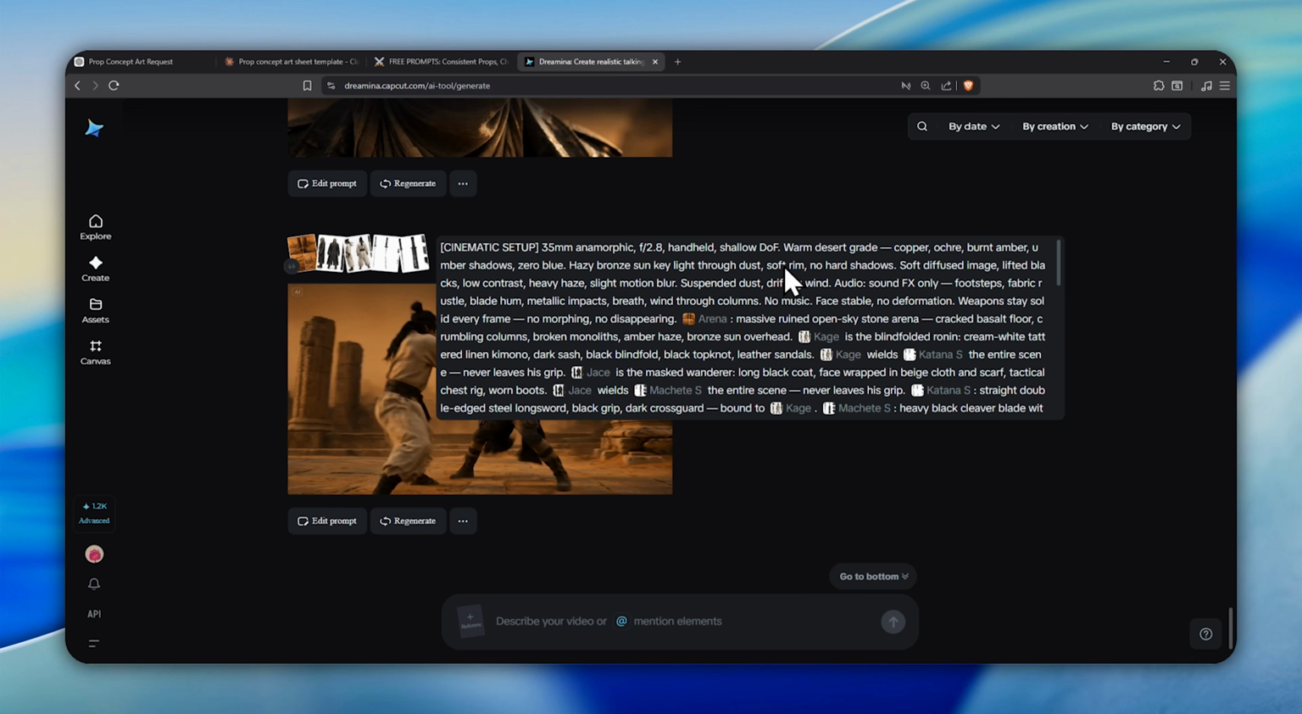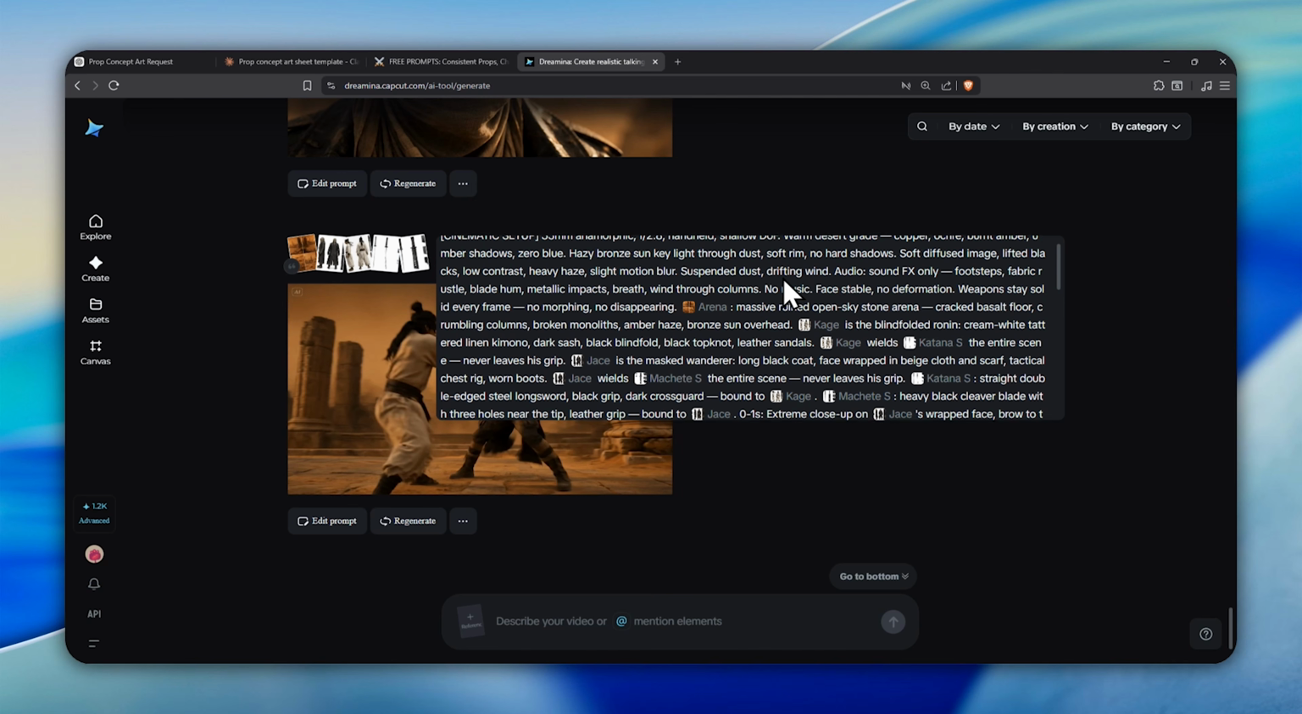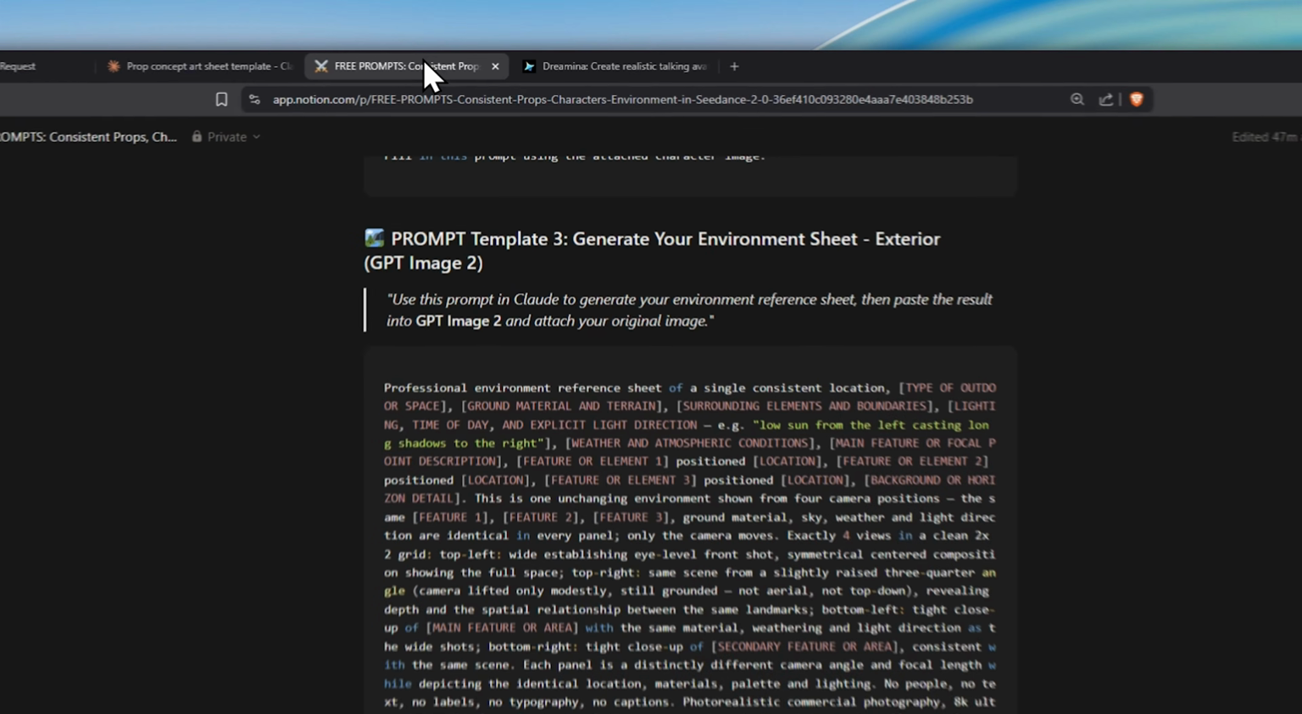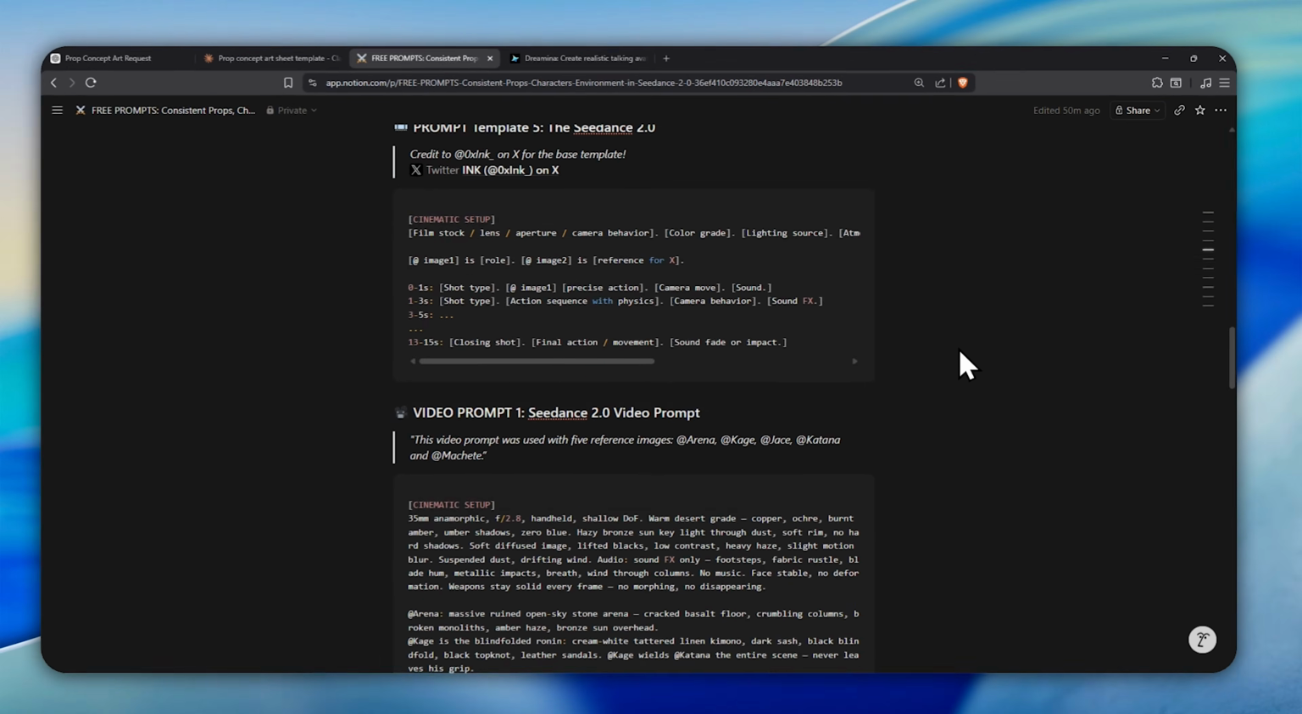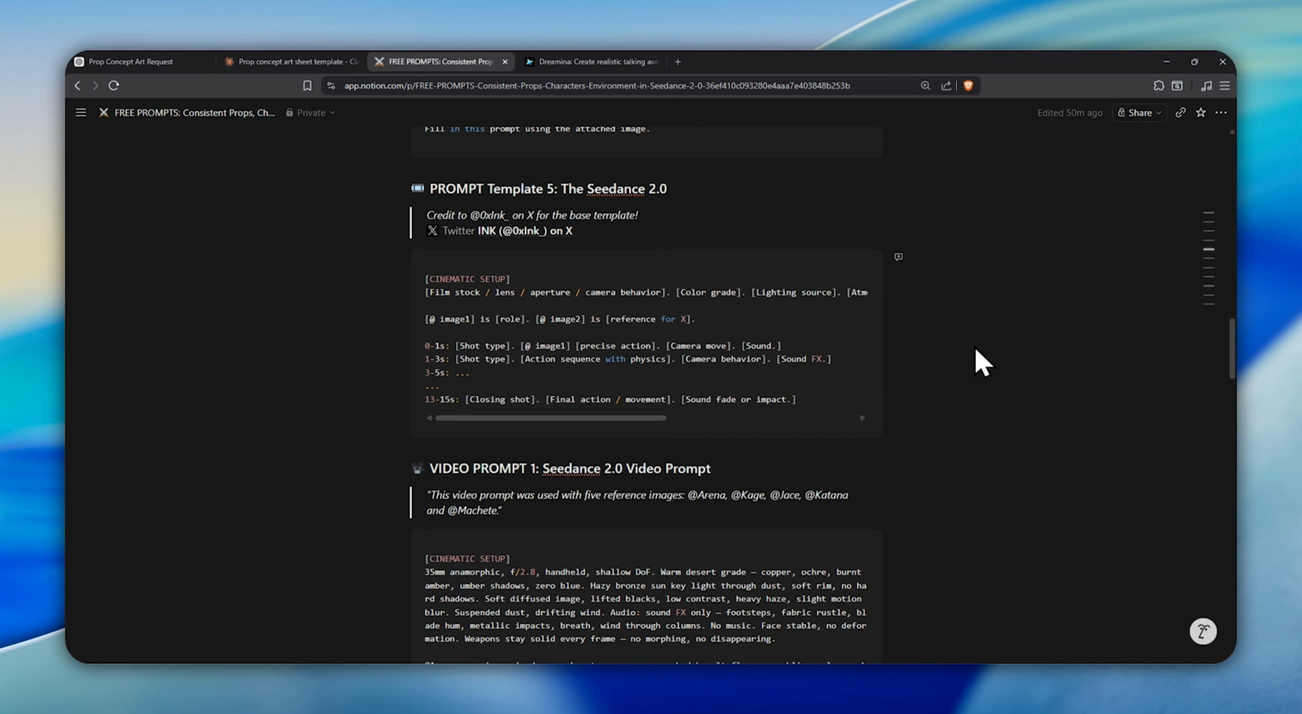Once this is done, go into Dreamina to use Seedance 2.0. Here is the whole prompt setup. To make this prompt, I simply ask Claude to create a fight scene. It is an iterative process where you tell the AI exactly what scenes you want. So I use the exact template from a creator named Ink, which I recommend, and it will be linked in